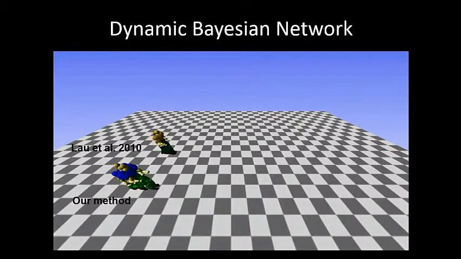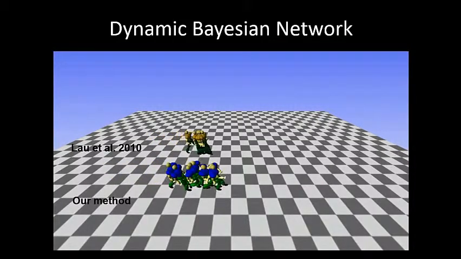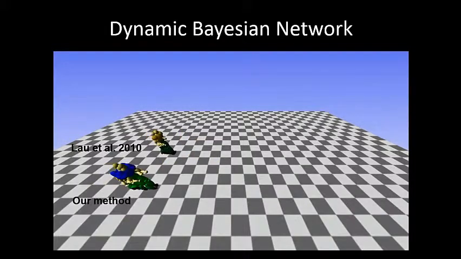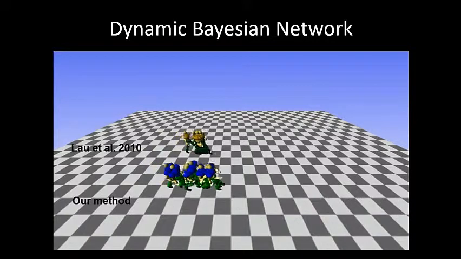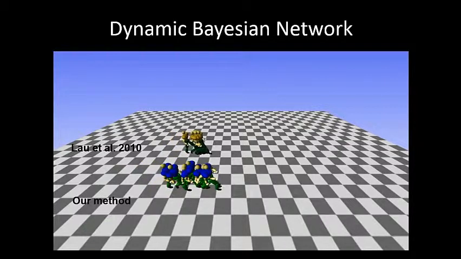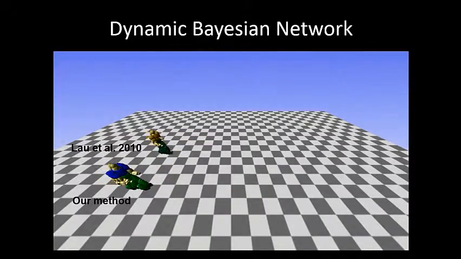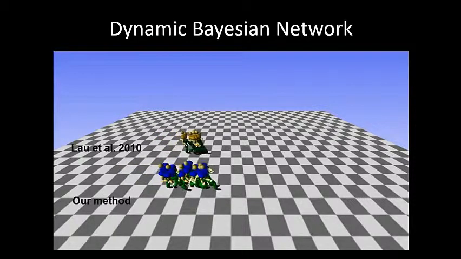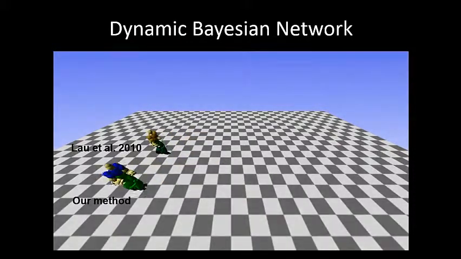We also compared our method with a dynamic Bayesian network-based approach proposed by Zhou et al. in 2010. To better observe the variations, the synthesized variants are overlapped in the same location. The motions synthesized by our approach are put at the bottom side. The upper side is the motion synthesized by Zhou et al. We can observe that the motions produced by our method display more variations,